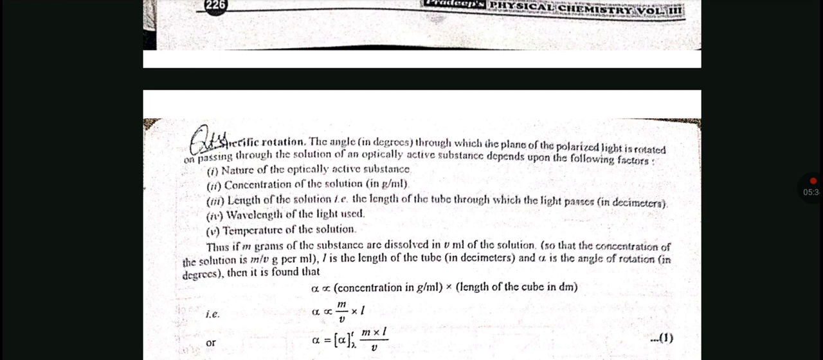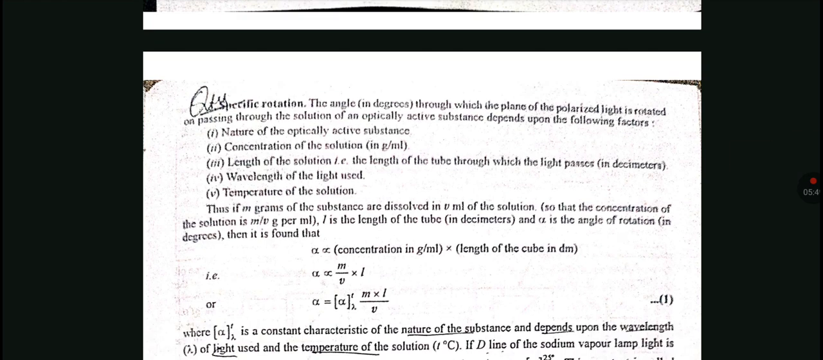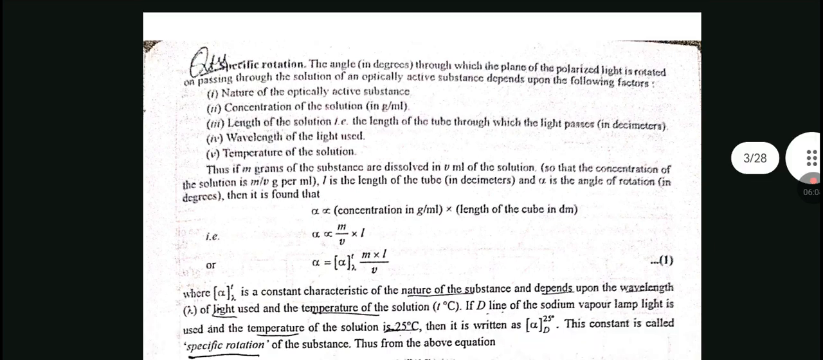Thus, if m grams of substance are dissolved in V volume of solution, so that the concentration of the solution is m by V gram per ml, L is the length of tube in decimeter, and alpha is the angle of rotation in degrees, then it is found that alpha is directly proportional to concentration in gram per ml into length of the tube in decimeter. Alpha is directly proportional to m by V into L. Alpha is equal to alpha lambda T into m into L by V,